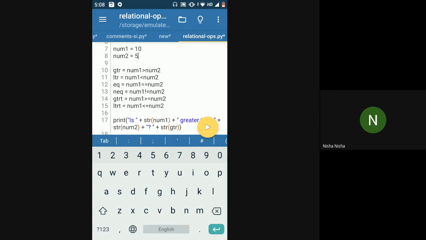In the case of 10 and 5, the first operand, 10, is greater than the second, 5. But if you replace this by 10, both operands are the same, so num1 greater than equal to num2 will be true in this case also. Is this clear to you? The difference between greater than and greater than equal to.